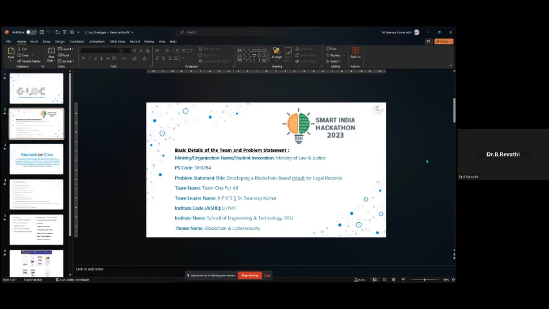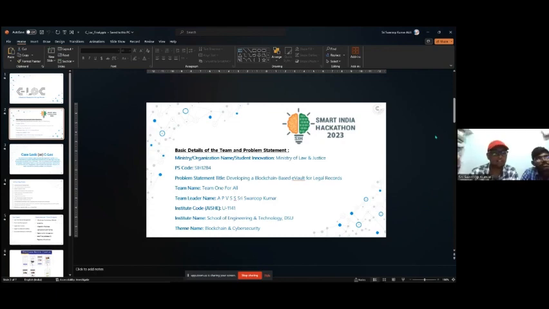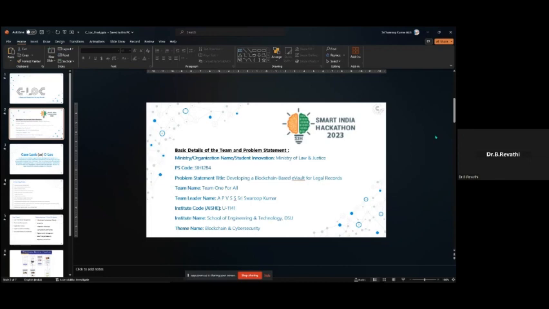But what is the platform which you are going to use? Because they are expecting this as a software. So what is the platform or software you are going to use for this purpose? That needs to be identified as early as possible, so you need to be clear in it. It needs to be specified in your PPT also. Make a note of it. While you are submitting in the portal, while you are registering, you need to mention it in the PPT. So that's what I need to state here.